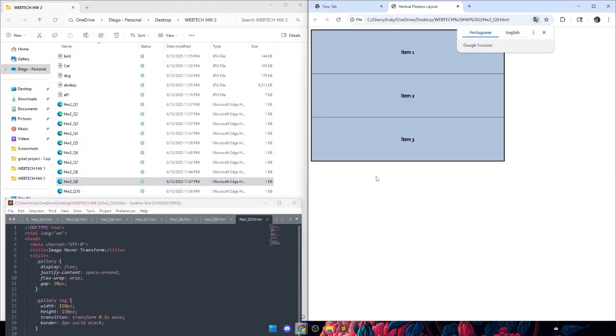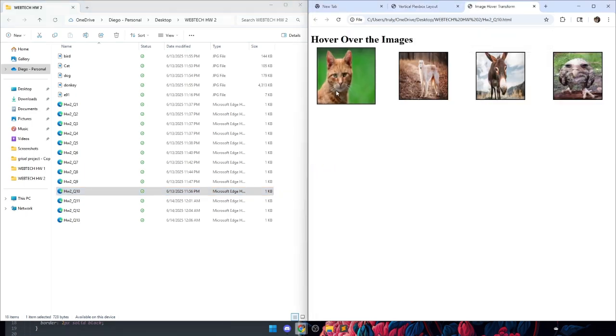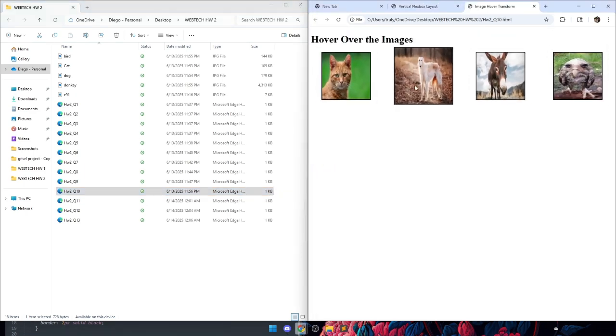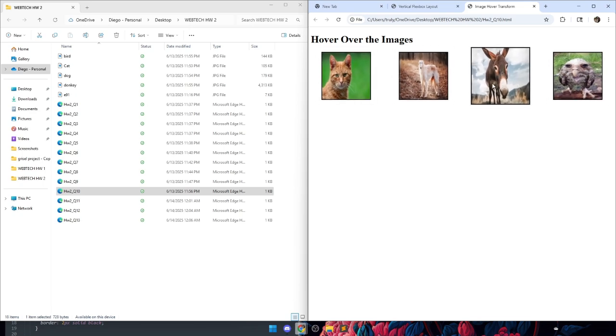If we go over here to number 9, oh no, sorry, number 10. Hover over the images, you can see every time you hover your mouse over the image, it increases in size by 20%. And I did that using transform: scale(1.2);